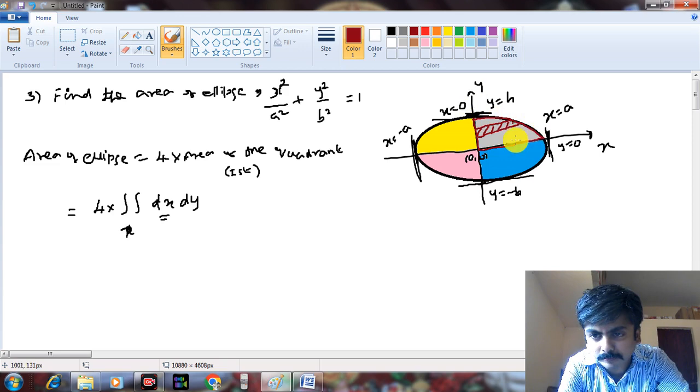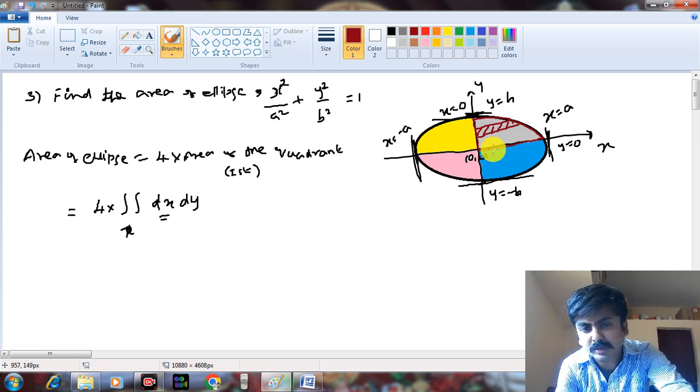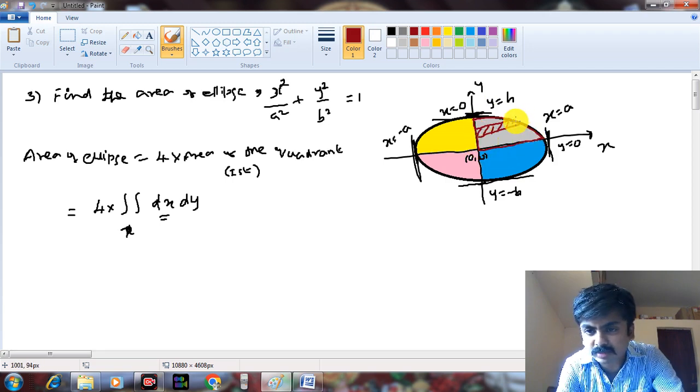Here this line is y equal to 0, and this line is y equal to b. On the x axis we have x equal to 0, and here we have the equation of the ellipse according to x. So x equal to 1